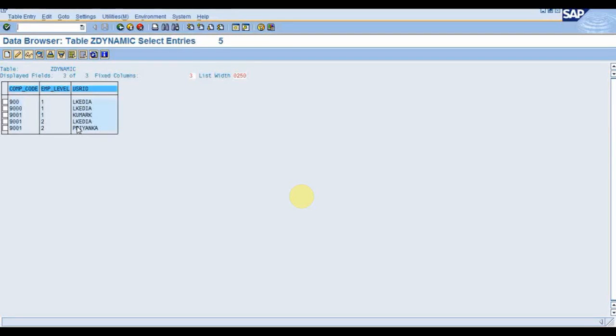So if any one of the IDs executes that particular instance, then that instance will get completed and it will disappear from the inbox of the other users. So here if LKDR takes the action, then it will disappear from Priyanka's inbox. You can see here we have only two levels, 1 and 2, and the next level doesn't exist. So once LKDR receives the work item, the final will be checked because the next level doesn't exist, and the loop will end once LKDR executes the work item.